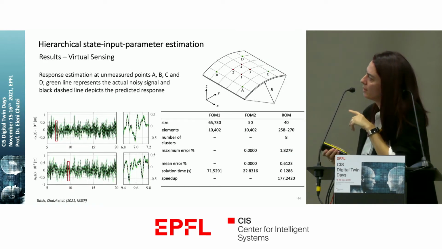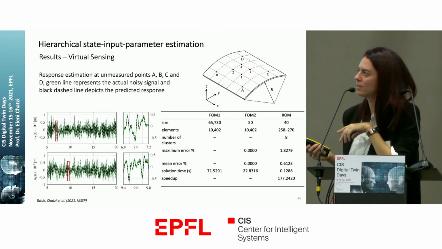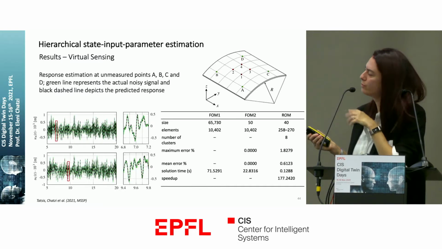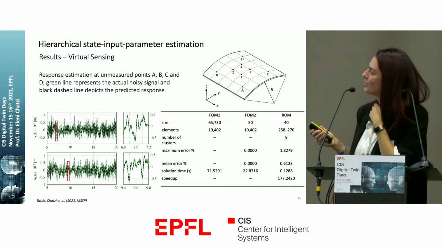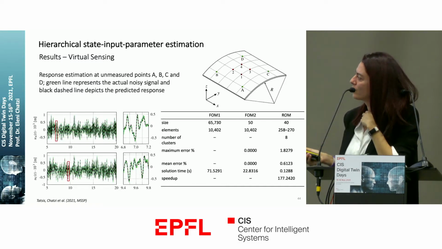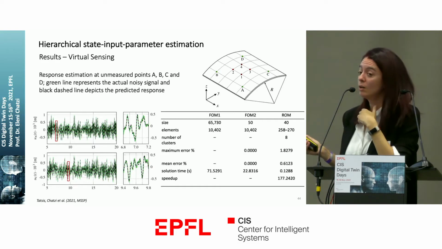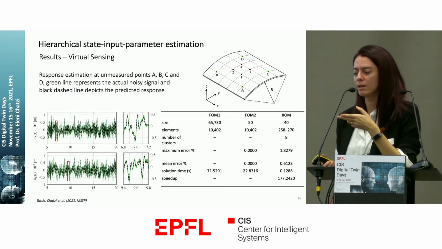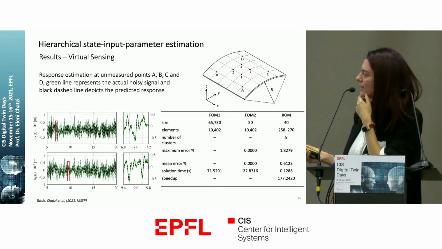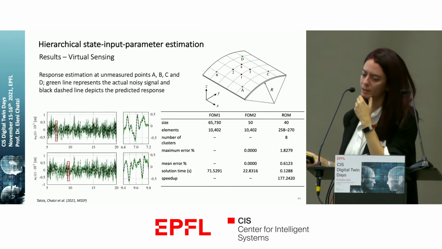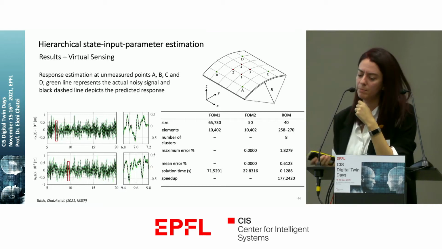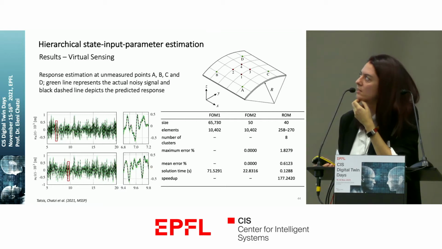Here is more of a comparison of how the models are actually performing. So you have the full order model. We have two full order models that we tried. One is your classical finite element model, and of course takes a long time to compute. One is a more efficient model, as you would typically do with a model reduction, for instance, which again takes a more reasonable but longer than real-time amount to compute. And then the reduced order model, which gives you a significant speed up with respect to these two more classical